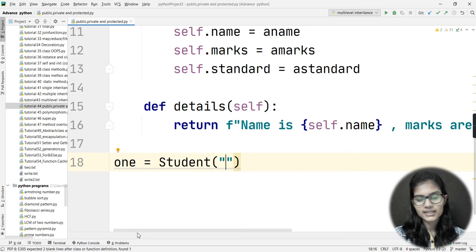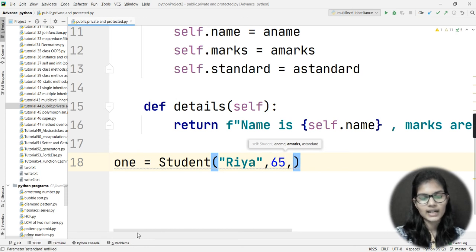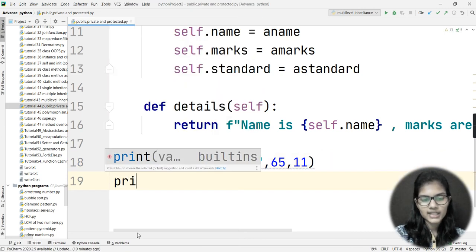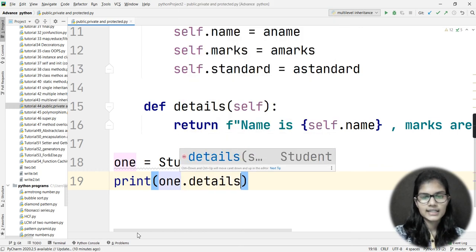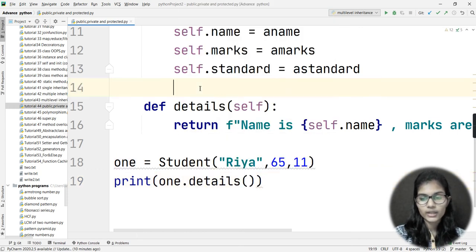Let's say name, marks, and standard. So let's say name is Ria, and the marks are, let's say 65, and the standard is, let's say 11, right? These are three details which I mentioned. After this I would simply print, and here I would write 1.details, right? And I'll put the bracket and now run it here.